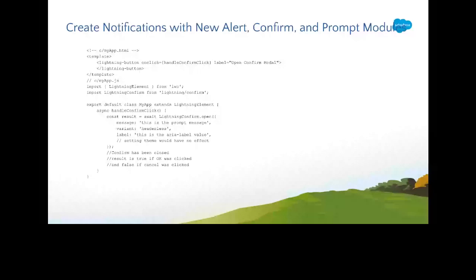You can see that await is basically the promise that we're using. So Lightning confirm dot open, we are opening the new confirmation window, and we have the message, the different variants, the labels in the message that we can present out. Similarly, I've not embedded most of the Lightning alert and prompt as well in here, but you can go to